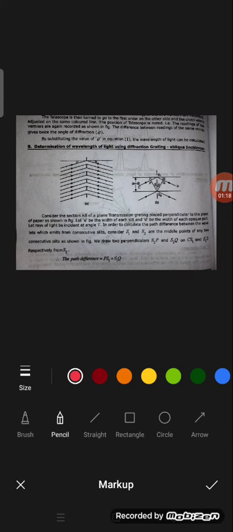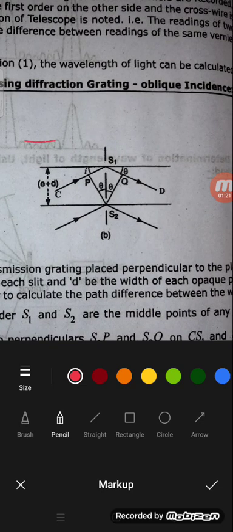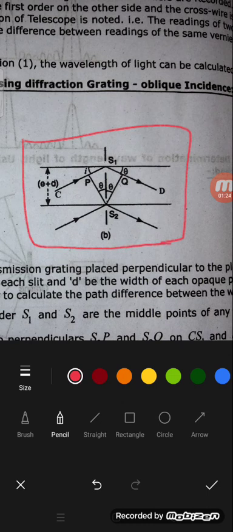Now let us look clearly at this diagram. If we incident a ray of light with incidence angle i, then the slit is divided into two parts, S1 and S2. Then we mark the perpendicular lines from S2 towards the incident ray and towards the diffracted ray, and the angle will be theta. So we form S1P and S1Q, drawn from both the slits.